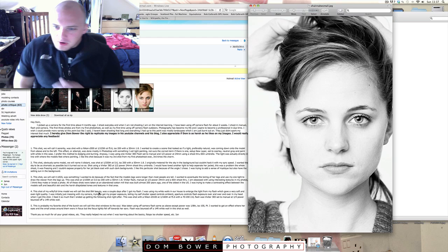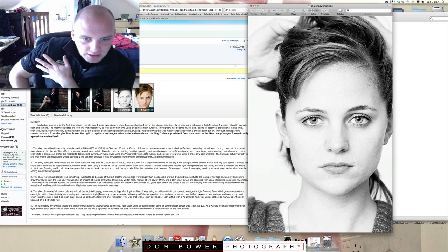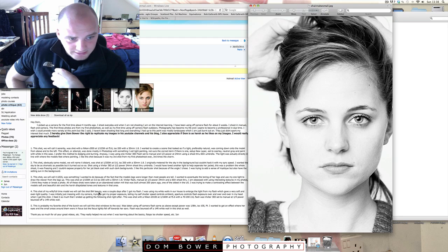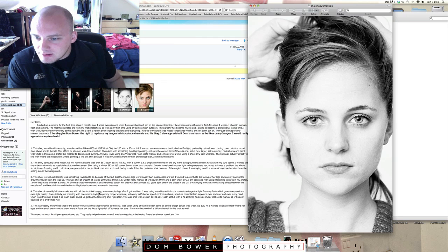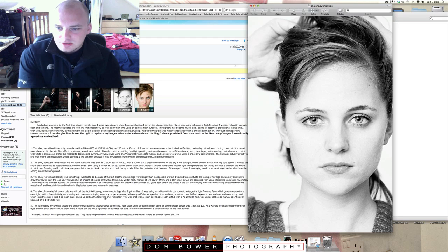It was a couple of days after I got my flash. I was using the white walls in our house to enlarge the light from my flash, which gave a very soft and even light quality. It was interesting just messing with the camera, trying to get my proper exposure,